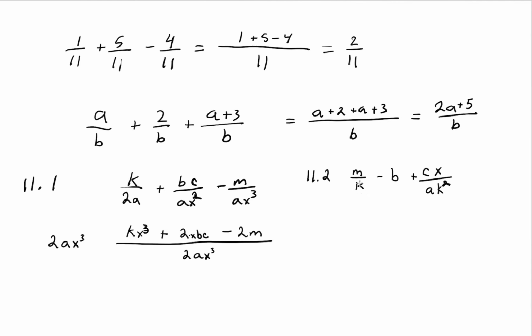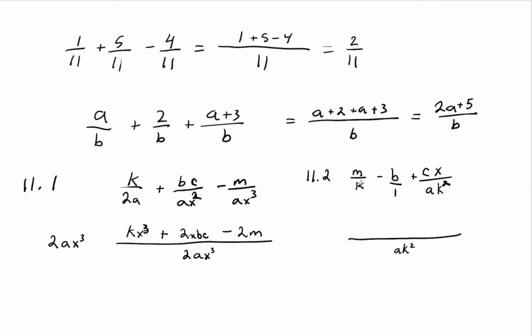Well, we have k here to the 1, and we have ak squared here, and then we have the number 1 here, because we can always put this over 1 and make it a fraction. So our common denominator is going to be what's under cx, because that is the highest for a and the highest for k, and there's always a 1 in front of a variable, so we can leave it just like this. So we're going to write everything over ak squared,